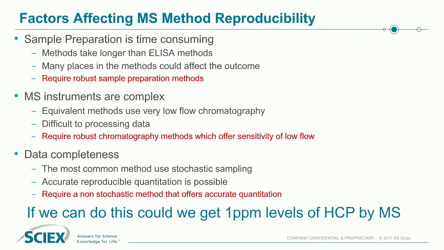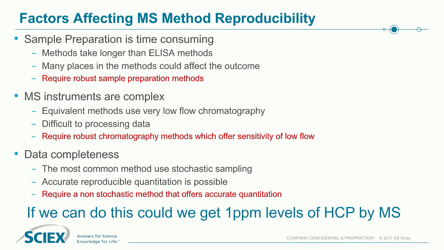So when we started to think about this, we started to think about all the factors that can affect mass spec reproducibility. So it's not just the instrument itself. It's not just the mass spectrometer and its robustness. It's around the sample preparation. It's around data completeness. It's around the chromatography. So we've been investigating ways of improving sample preparation, which we know is time-consuming for mass spectrometry. And so the question was, could we reintroduce robotics into the sample preparation, allowing many more samples to be generated with better robustness than manual procedures?